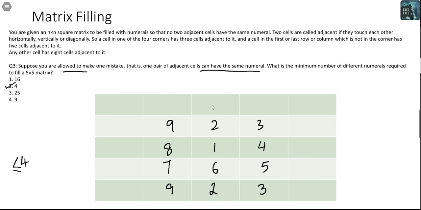Similarly, look at 2. You have 1 next to it, 3 next to it, 4 next to it, 8 next to it, 9 next to it. Let's fill up 7, 6, and 5. I'm simply copying this row here, and I had copied this 923 to 923 here. Wonderful. Now look at 4. Next to it are 5, 6, 1, 2, 3. Let me copy 9, 8, and 7. Done. Here, let me see. I had next to it, I have 1, 2, 9, 7, 6. Let me simply copy 3, 4, and 5.